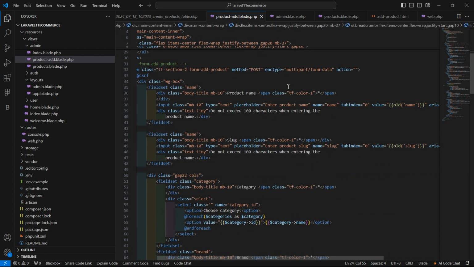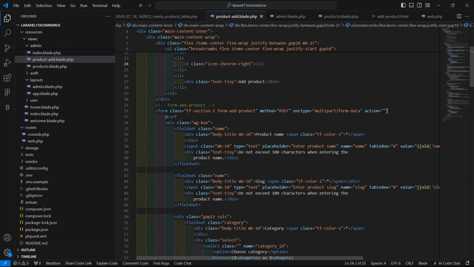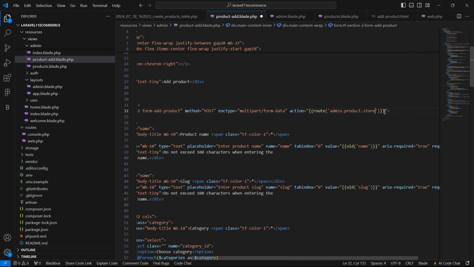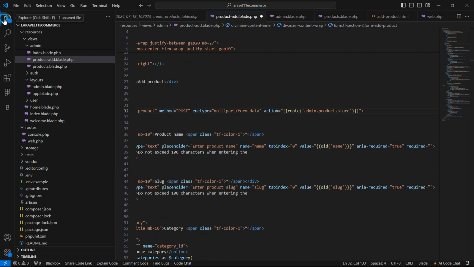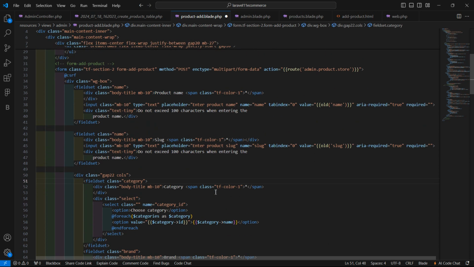blade.php file. Okay, and here inside this form, inside this action, just add double curly brackets route, and inside this route just write admin.product.store. Okay, alright, and now let's display the validation message with every input field. So